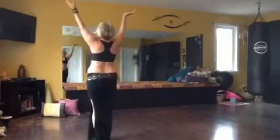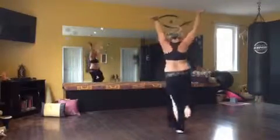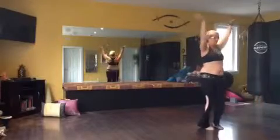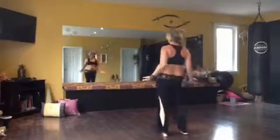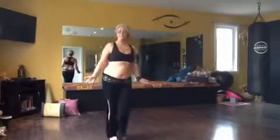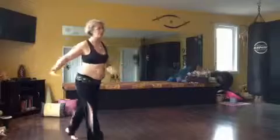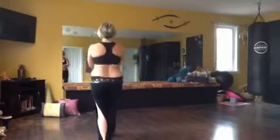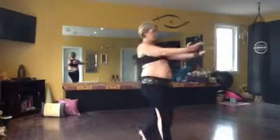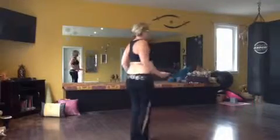Here we go. Step together, step, turn, step together, step, turn, step together, step, turn, slide, change your candles, step together, step, turn, step together, step, turn, step together, step, turn, bring them up, left foot, back, turn, right and back, forward and back, roll, roll, roll, right, forward and back, forward and back, forward and back, face your partner,